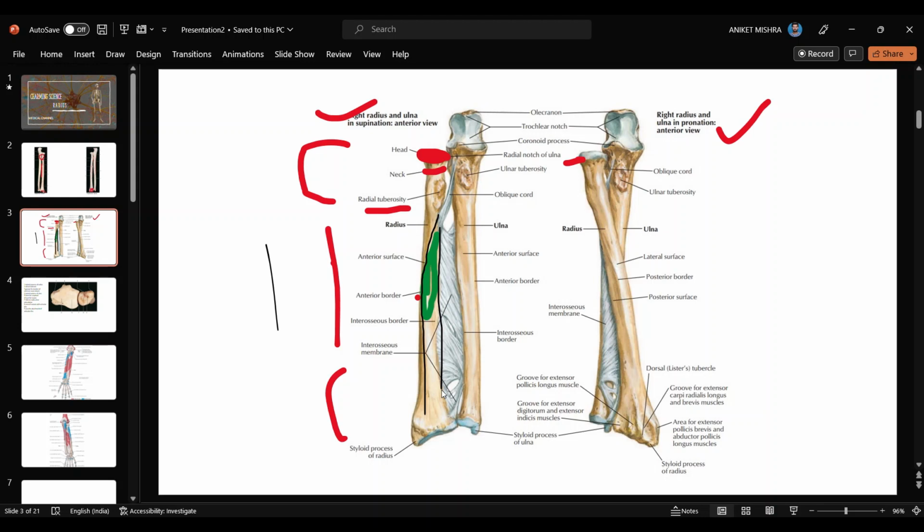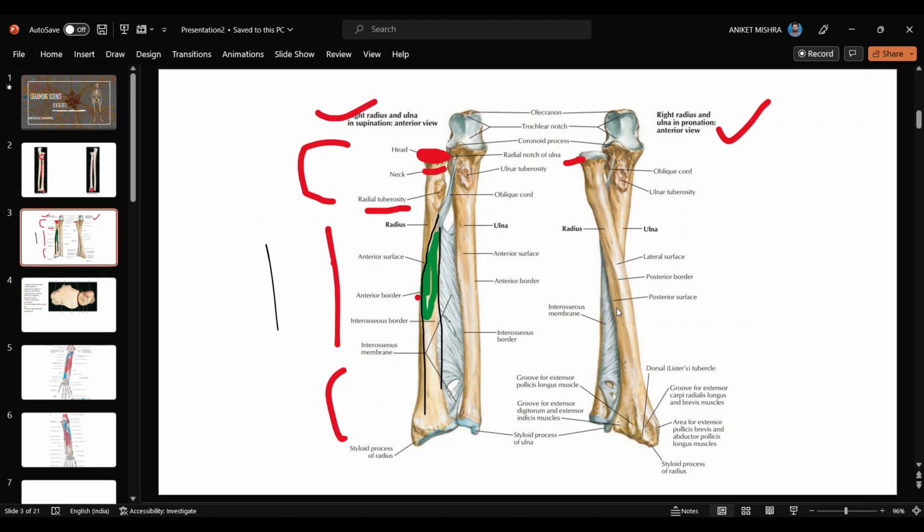And when we talk about the supply, in the anterior surface a nutrient foramen or the nutrient artery will come from the upward side, and then it also divides into the interosseous artery and supplies the interosseous membrane. When we talk about the posterior surface,